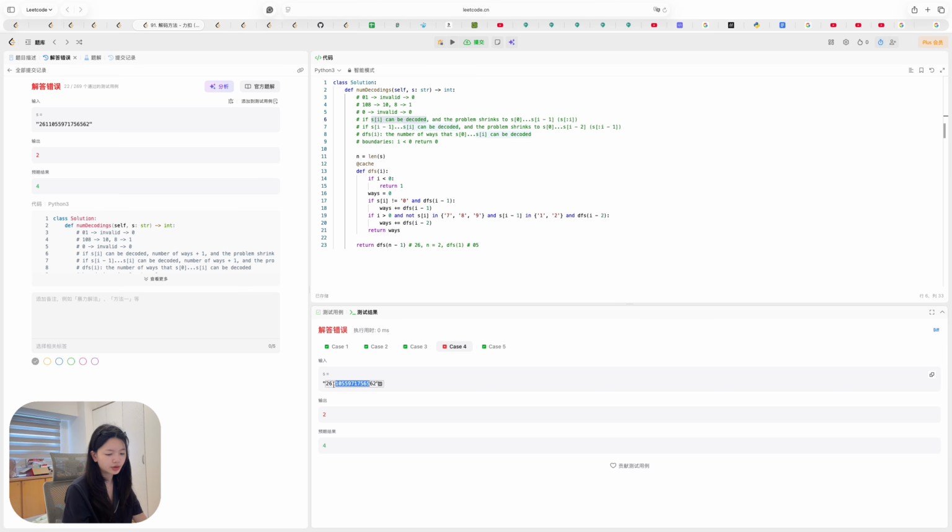Yeah, it is like a tree. Or we don't use, I think this is not. If SI can be decoded, then the problem will become DFS(i minus 1). Yeah. Let's say that's still